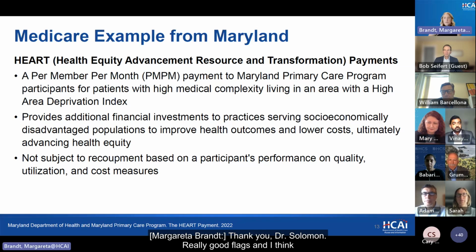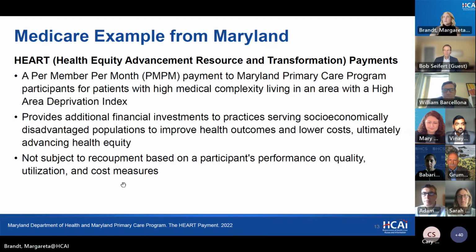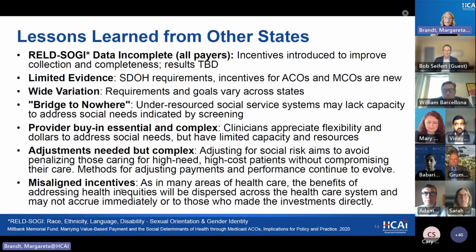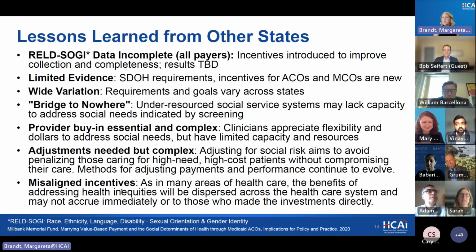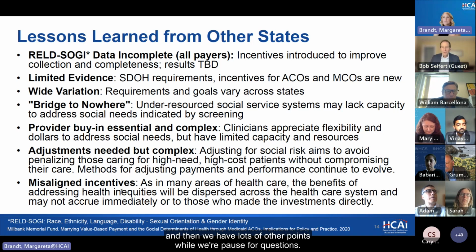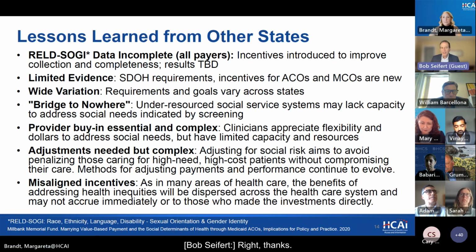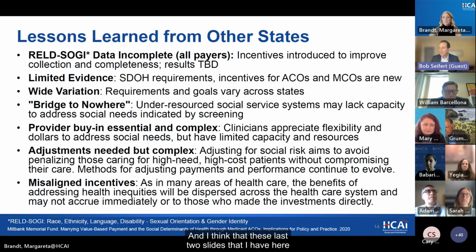Thank you, Dr. Solomon. Really good flags. And I think we'll keep going. We have a few more slides here, and before we get to our next agenda item, I'll turn it back over to you, Bob, and then we have lots of other points where we'll pause for questions. Right, thanks. And I think that these last two slides that I have here